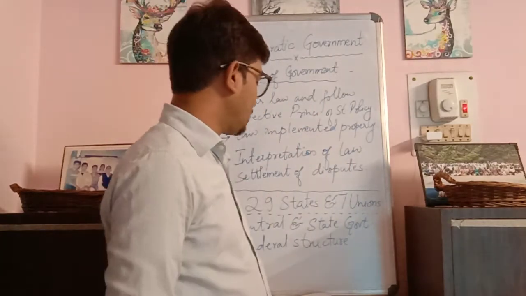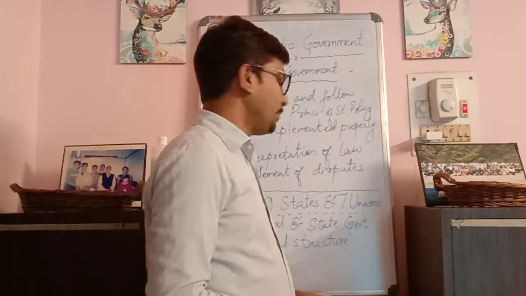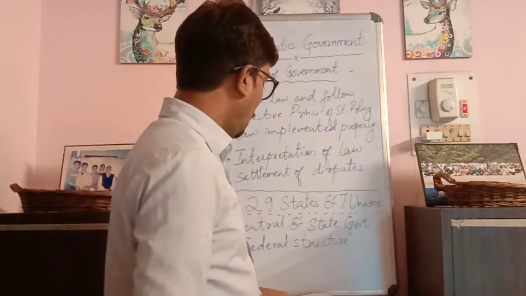Good morning, students. Today we are going to go along with our new chapter, which is chapter number 6, and it is regarding the democratic government. In this chapter, we are going to learn about various important aspects: what is the meaning of a democratic form of government, how it is followed, in what structure it is followed, and what is the form or situation or hierarchy of this government system, along with its judicial systems and other forms of practices in their day-to-day activities.